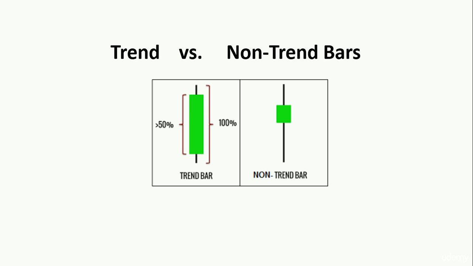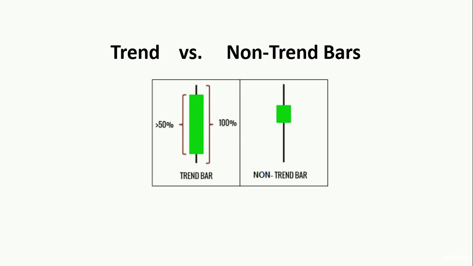The main characteristic of dojis is that they have a very short or non-existent body, so the open and close price of such bars are almost equal, reflecting the fact that neither bulls nor bears control the bar. Trend bars, on the other hand, are bars with a body that makes up more than 50% of the whole bar length. The rest, of course, will be the upper and the lower tails. Trend bars indicate that there is a price movement, and the bar closed well above the open price, as in the case of a bull trend bar, or well below the open price, as in the case of a bear